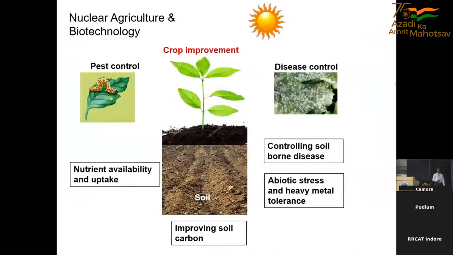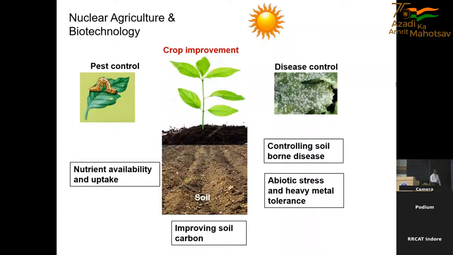So that is the reason why we are working in DAE for agriculture, because we have the nuclear agriculture and biotechnology division. These are the components of various agriculture research: agriculture crop plants like rice, wheat, sorghum, and we need good soil to support the plant system. And there are insects we have to control, and diseases we have to control, and the nutrient uptake and availability from the soil, improving the soil carbon, abiotic stresses and heavy metal tolerance, which again relate to the soil, controlling soil-borne disease. So roughly these are the areas which we are working on to increase the food